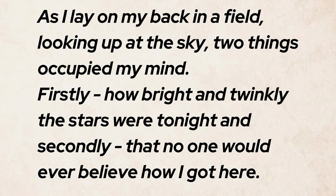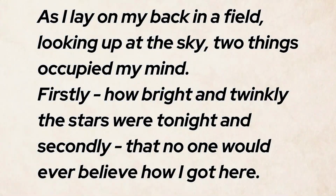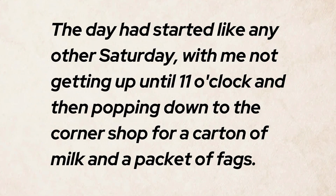As I lay on my back in a field, looking up at the sky, two things occupied my mind. Firstly, how bright and twinkly the stars were tonight, and secondly, that no one would ever believe how I got here. The day had started like any other Saturday, with me not getting up until 11 o'clock, and then popping